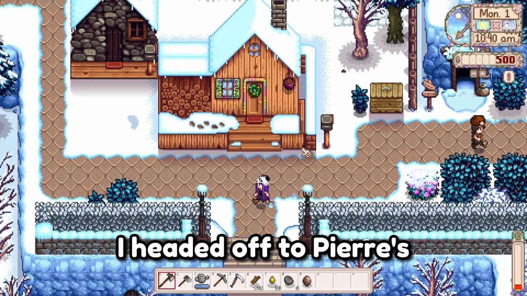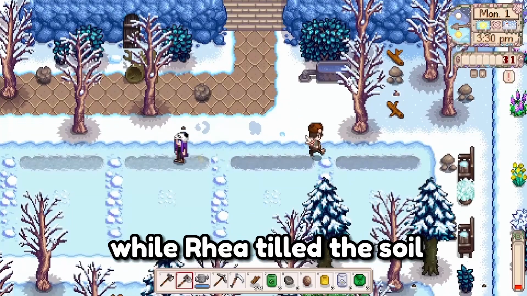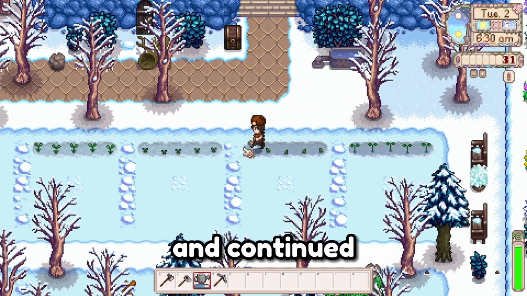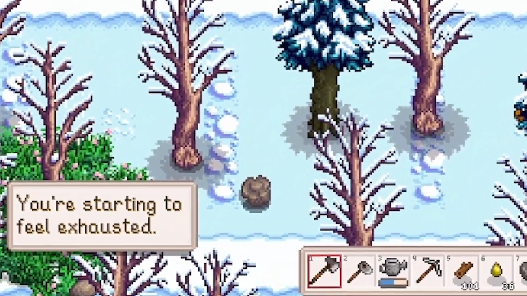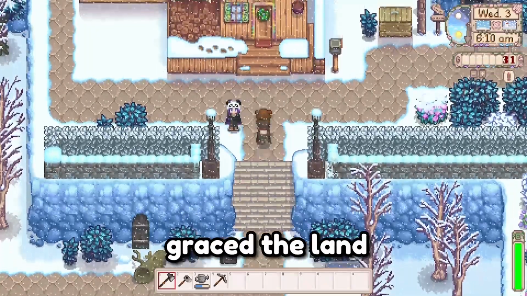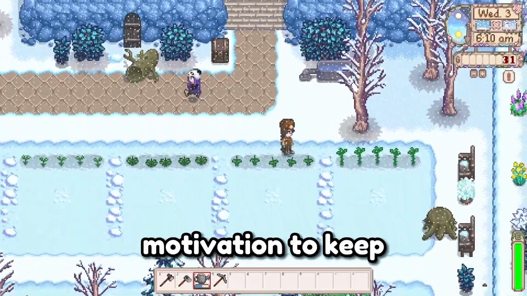I headed off to Pierre's to buy a handful of new seasonal seeds, while Rhea tilled the soil. We then watered them and continued deforesting to the point of exhaustion. The first snow graced the land on the third day, instilling us with the drive and motivation to keep plowing